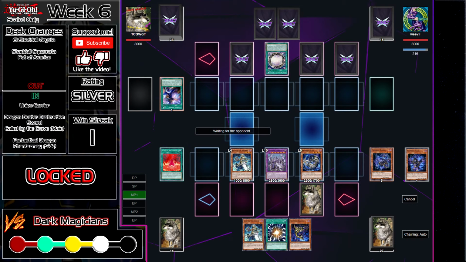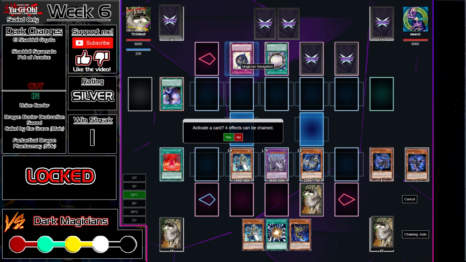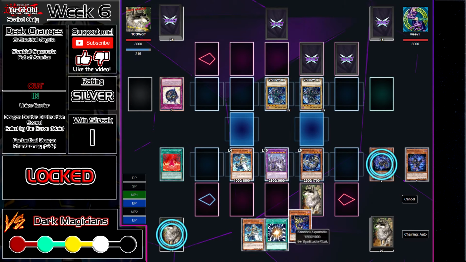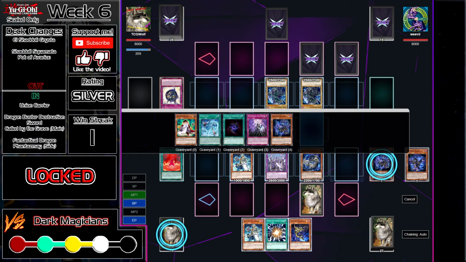We end up discarding a dragon, popping his Dark Magical Circle, knowing that that's the strongest card he has available. And to this, our boy decides to chain Magician's Navigation. He won't actually get any banish off of this, because that chain would take place afterwards, but he does get 2 Dark Magicians on the board, which is bad. At this point, we decide to